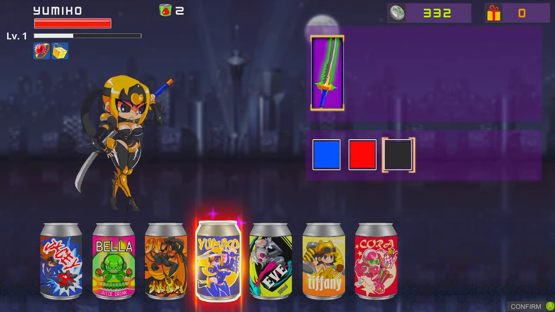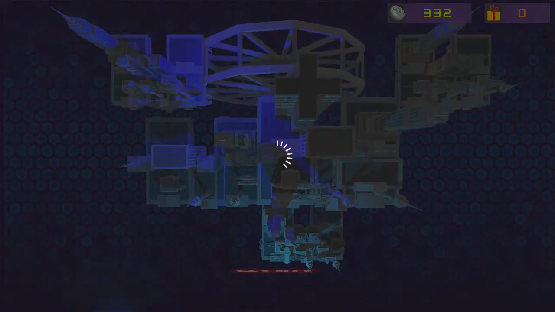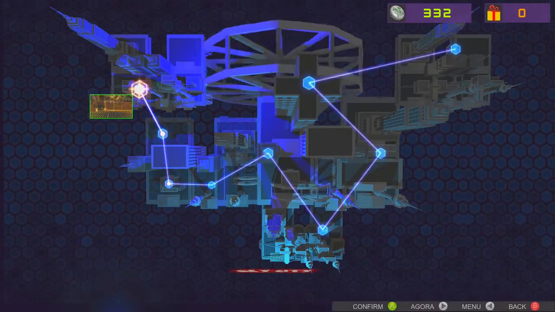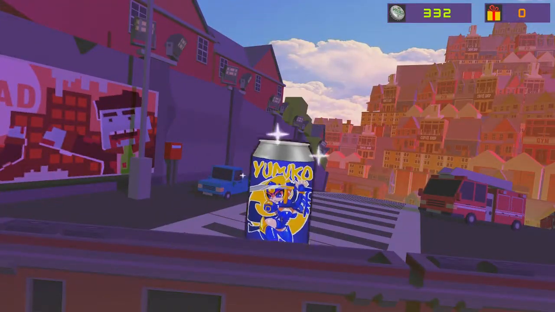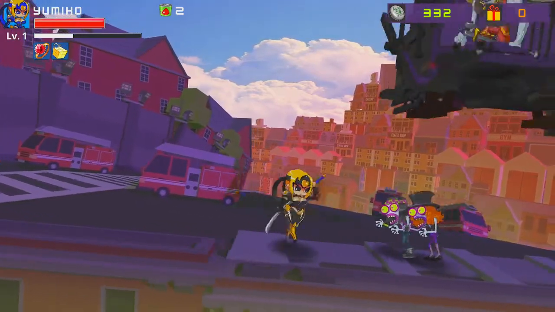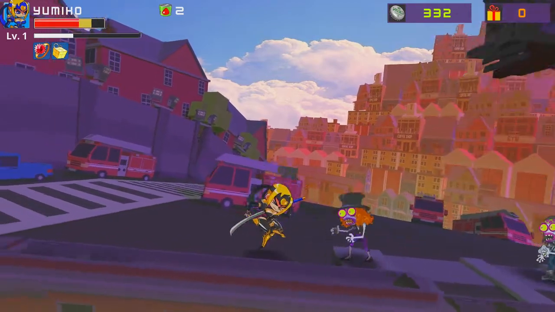Yumiko is actually one of the few characters who has no dodge. So I'm just going to, why not, go in here to Sky City, to one of the first levels, just so we can show you what I'm going to call her dodge mechanic. She doesn't actually have a dodge mechanic. She has a counter mechanic. So you have to go over and get them to attack you, and then press B to hold up your sword. And then if you time it right,